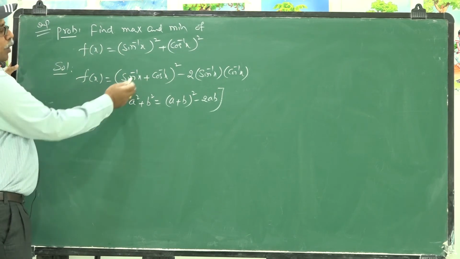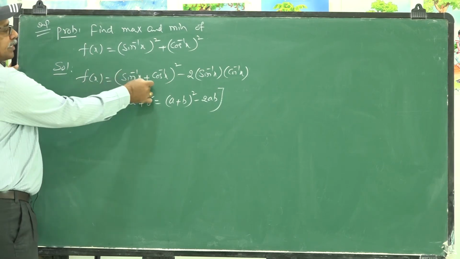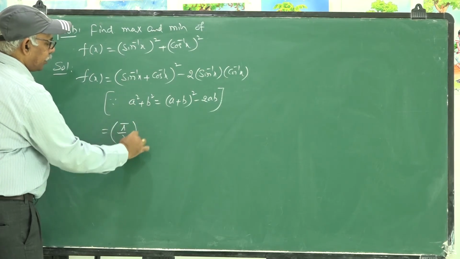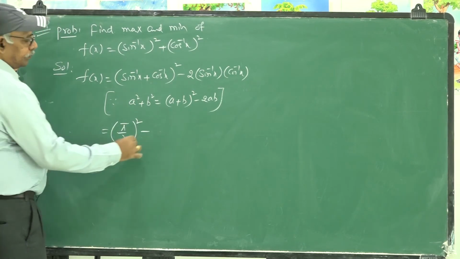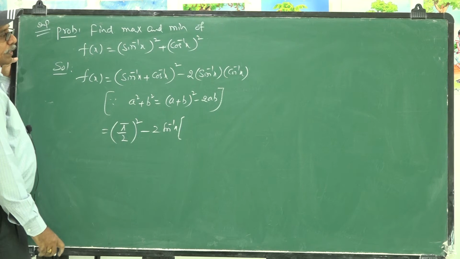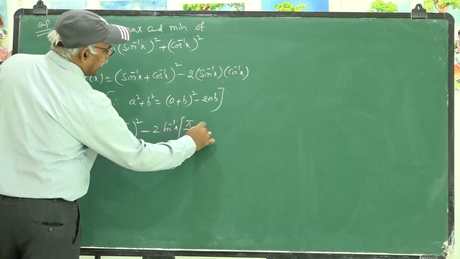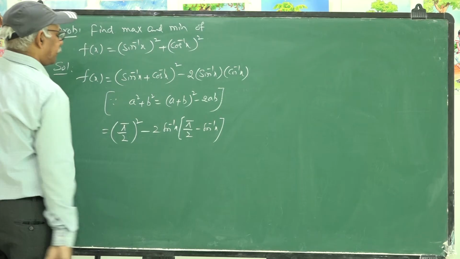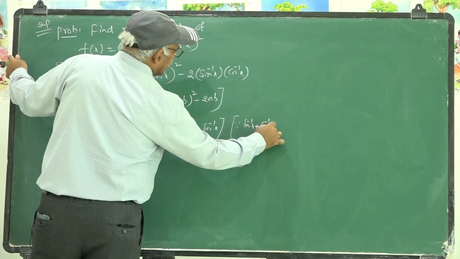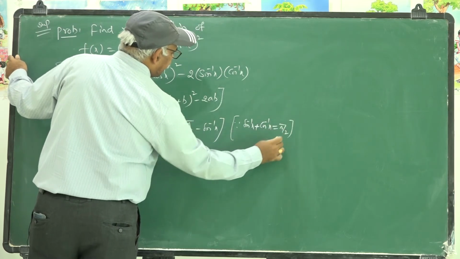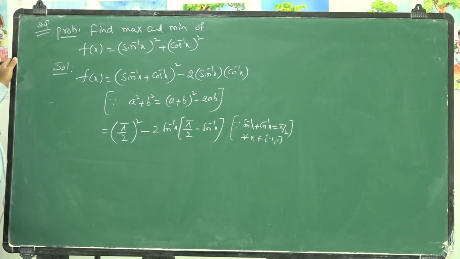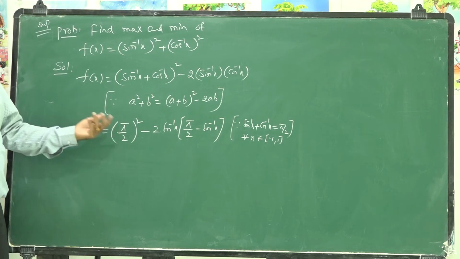But as per the properties of the inverse trigonometric functions, sin inverse x plus cos inverse x is pi by 2. So this is (pi by 2) whole square minus 2 sin inverse x, and cos inverse x may be written, from the same property, as pi by 2 minus sin inverse x, since cos inverse x plus sin inverse x is always pi by 2 for all x belonging to minus 1 and 1. The whole discussion is confined to that interval only.